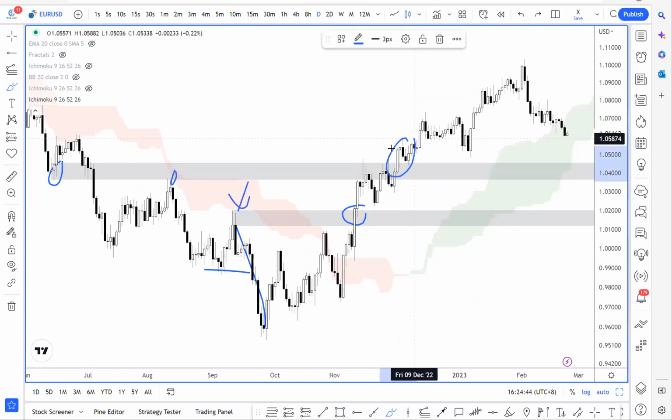So this is for breakout traders. If you're waiting for a break and close before playing the pullback, then this would have been a good opportunity over here. And then again, this is the support level. We have another support level here. So this is the bigger time frame, the daily time frame picture. So if I've identified this as a daily support in this area here,